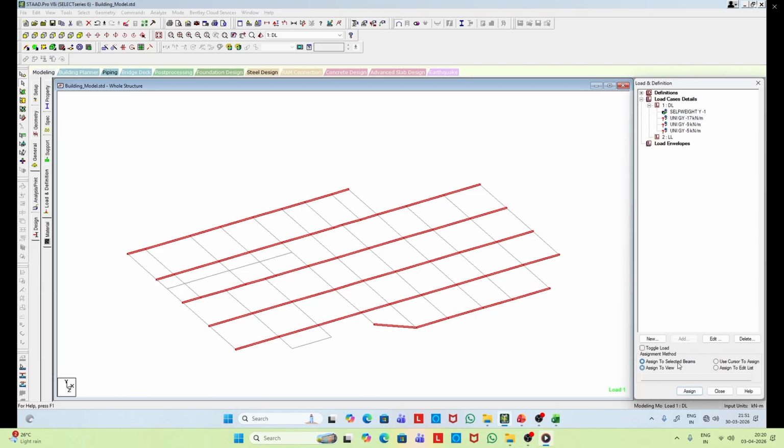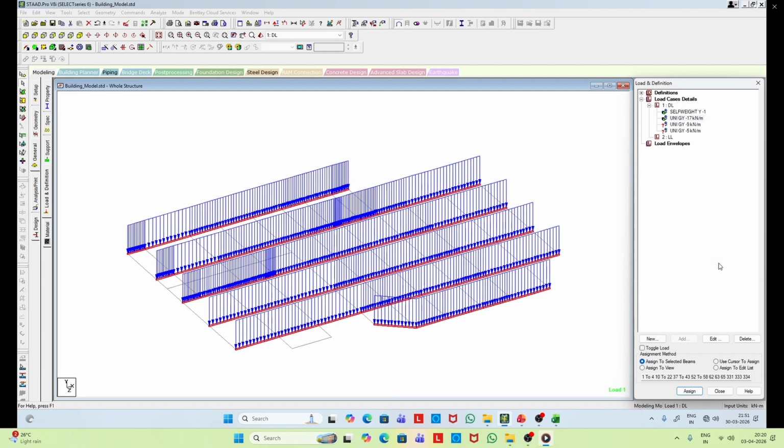So the load is now selected. It is assigned to the selected beams. And you can see the uniform load is applied now.